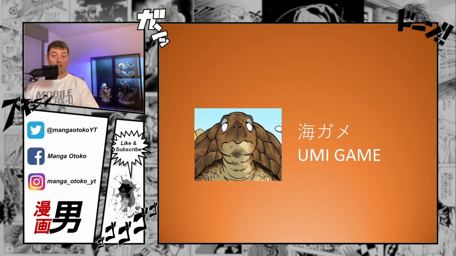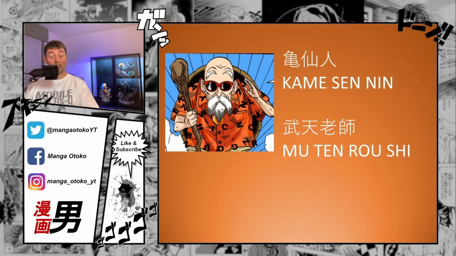The only thing of note is that Umi is written in kanji, right? So in a character that carries meaning, and Game is written in katakana for some reason, although there is a kanji that exists for the word Kame, which you will encounter later. So they take him back to his original owner, which is referred to by two names. The first one is Kame Sennin, and here we see that character. First character in his name, Kame, means turtle, and Sennin is a hermit, right? So that matches pretty well with the appearance of the character here, Kame Sennin, the turtle hermit.